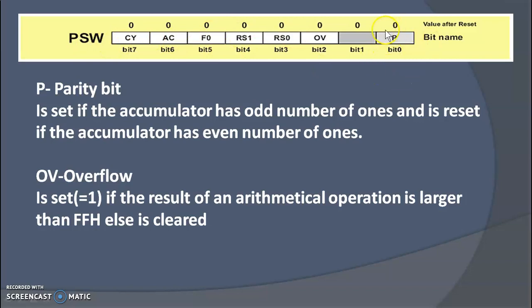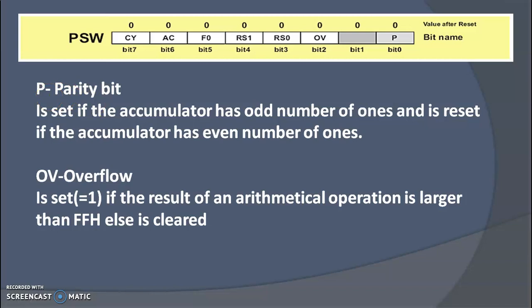The first bit or bit 0 is called as parity bit. This parity bit value is set, that is, the value of parity bit will be equal to 1 if the accumulator has odd number of ones. That is, the data which is stored in the accumulator in binary form, if it has odd number of ones, then parity bit is set.